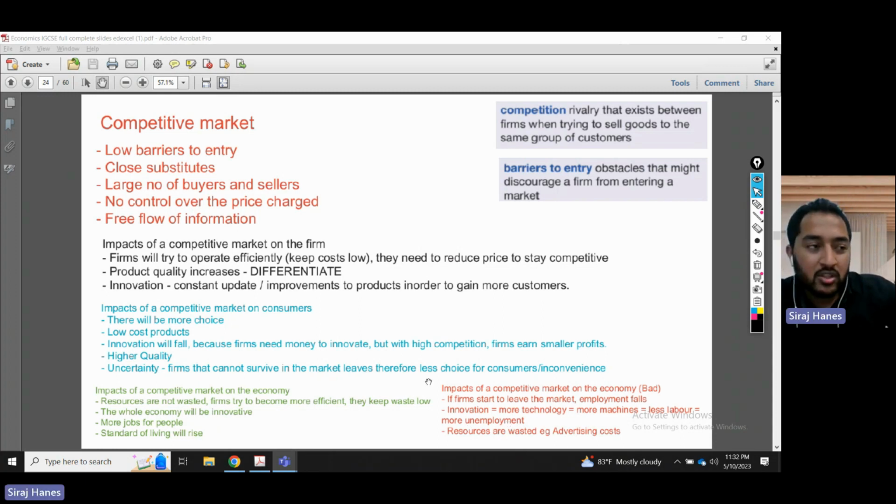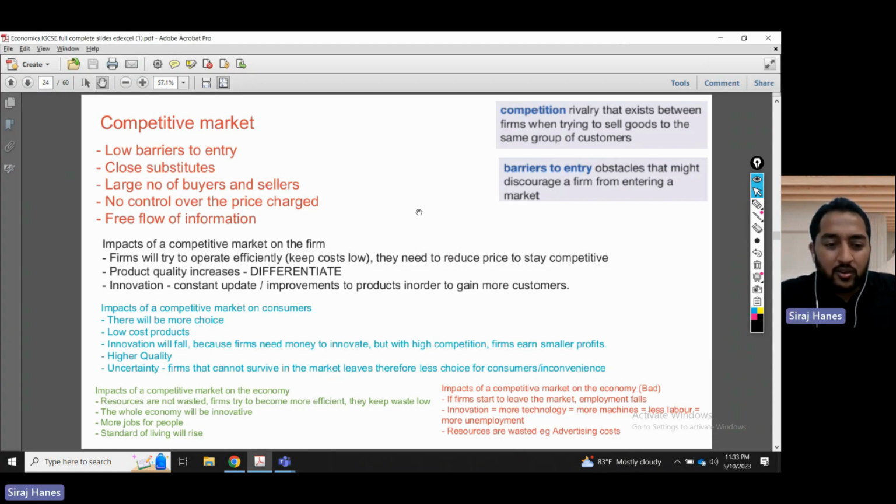And finally, because of a lot of competition, guys, if you've seen the streets of Hong Kong, there are light boards everywhere of advertising. What a waste of money. Just advertising and advertising and advertising. Here's a little stat for you. Coke spends $4 billion every year just on advertising. It's a lot of money, guys. You can get a whole city out of poverty just by this one firm. What a waste of money on advertising.